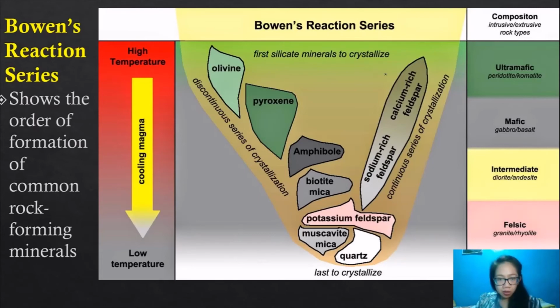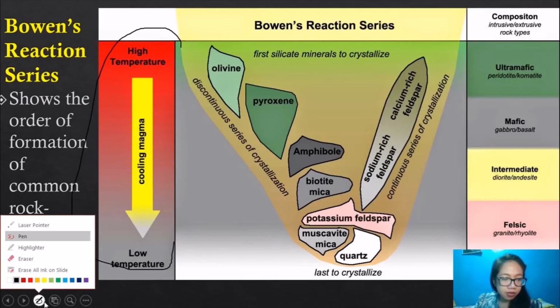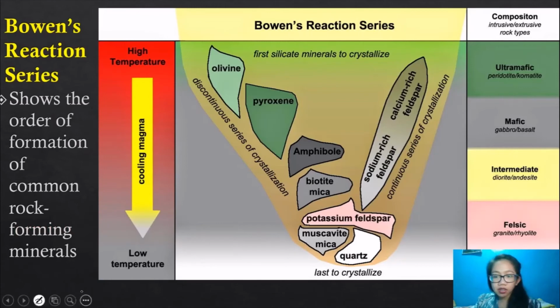So just to break down the parts of this picture or this image so that you will be able to understand the contents of this diagram. So first you have the scale of temperature. So if it's higher up, that means high temperature, and then lower temperature here at the bottom. Okay, so you can surmise that olivine is exposed to higher temperature. Then